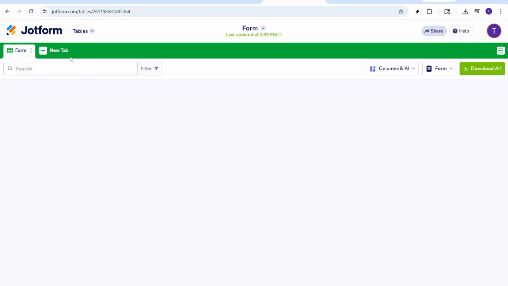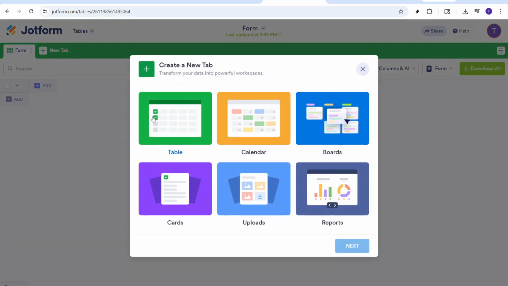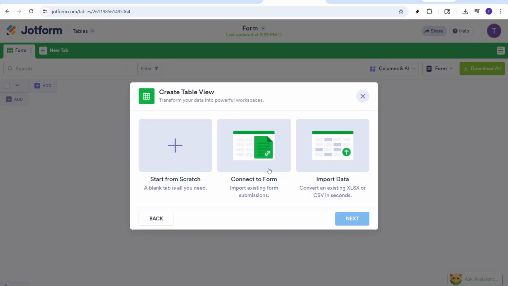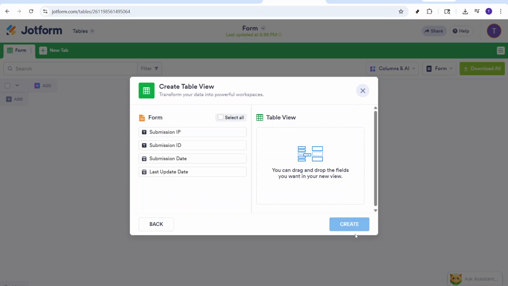With the Table option selected, you'll be prompted to Connect Form. This feature is incredibly handy as it allows you to pull in data from any of the forms you've created or have access to. By selecting this, you're essentially creating a bridge between different sets of data, enabling greater insights and unified information access. When you click Connect Form, a list of all your forms will pop up in front